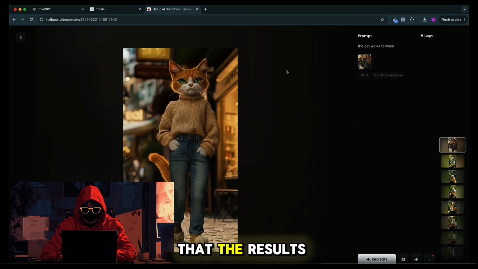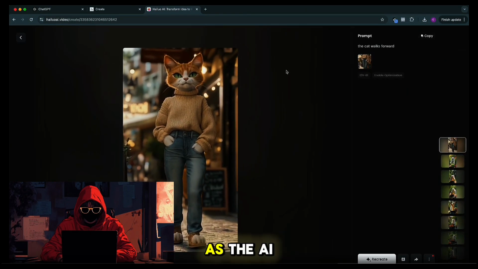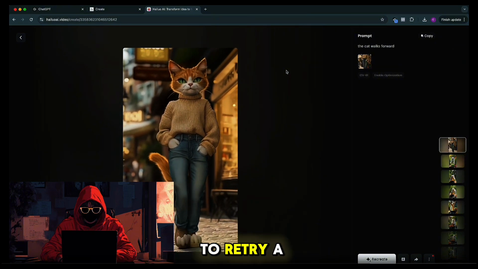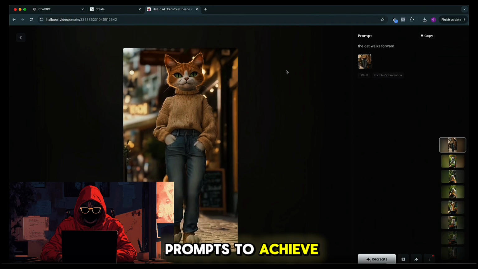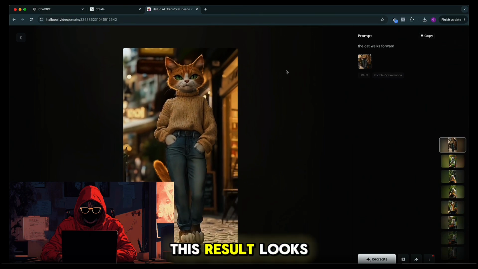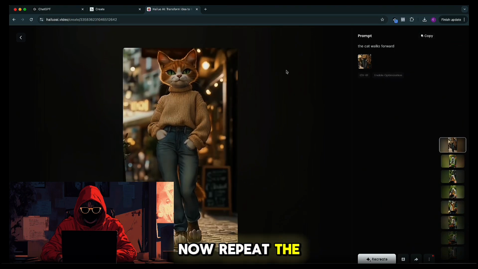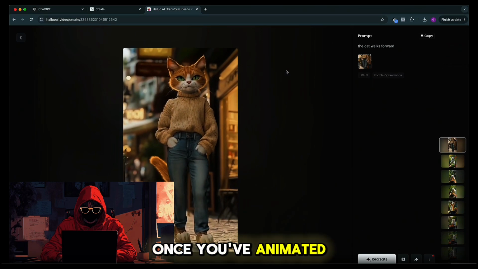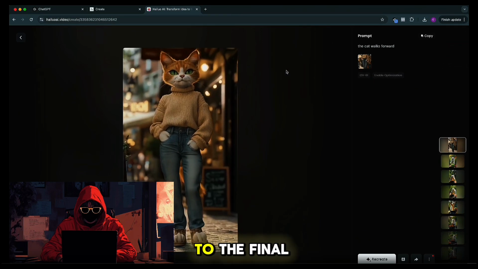Keep in mind that the results may not always be perfect, as the AI technology is still in its early stages. You might need to retry a few times or adjust the prompts to achieve the desired outcome. This result looks pretty good. Now, repeat the same process for all of your images to bring each scene to life. Once you've animated all the images, let's move on to the final step,